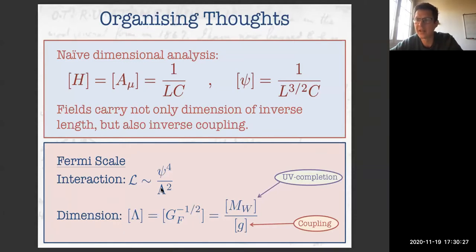There's always a coupling in the game, and of course we know this in the electroweak theory. It's just literally mW divided by g. But had it been UV completed by anything else, there would always have been a coupling in the game, and if that coupling were small, then the actual mass scale of the UV completion could have been quite low. If that coupling were large, then that could have been quite high. And just by measuring the operator alone, just by measuring Fermi's constant alone, one cannot tell.